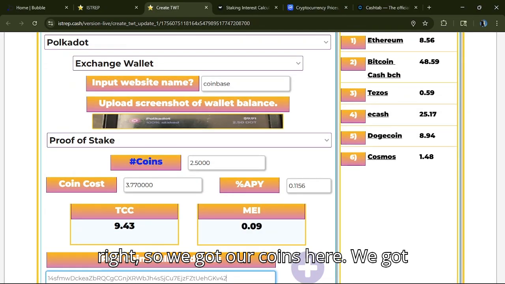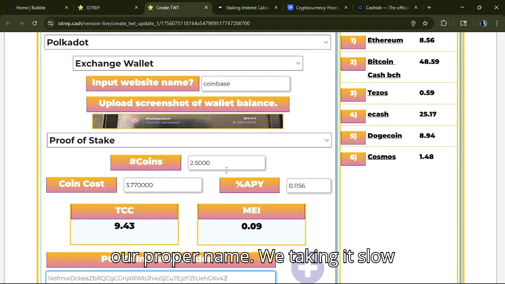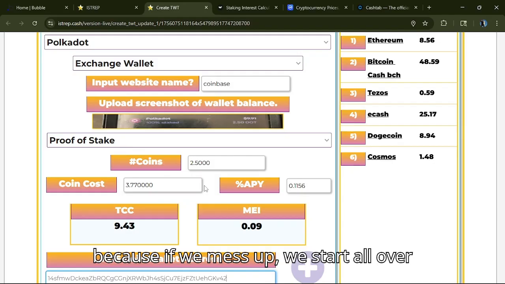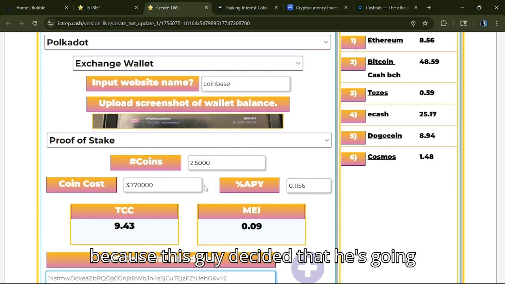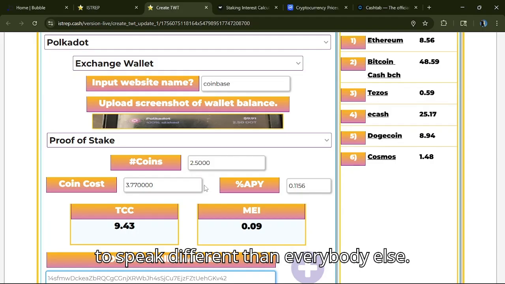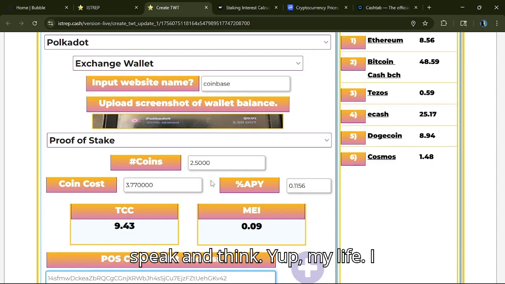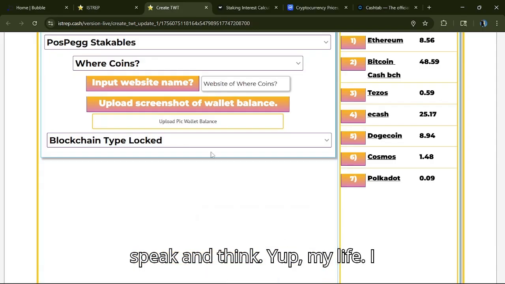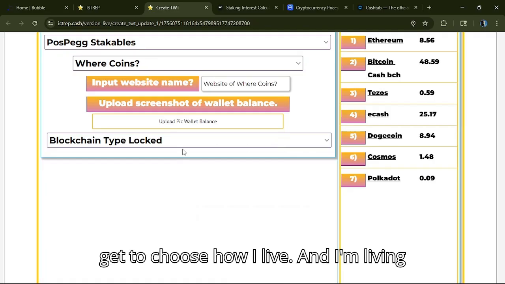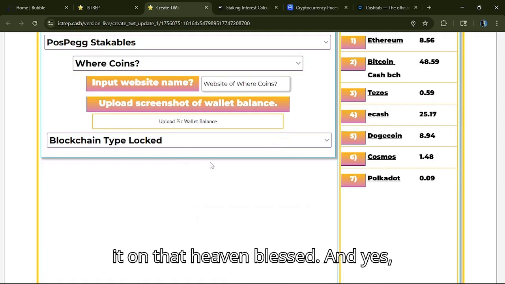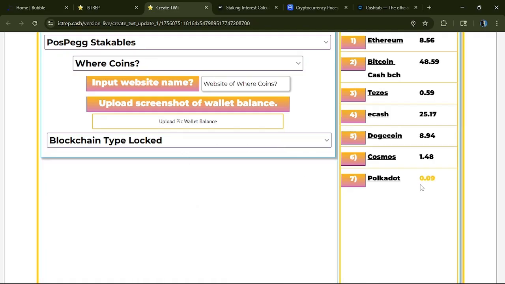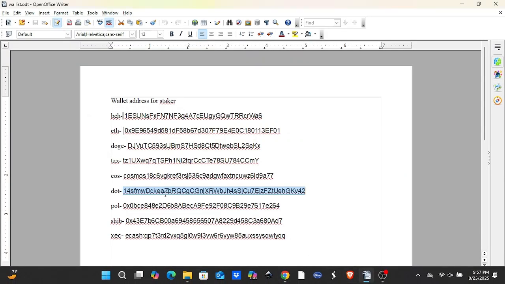All right, so we got our coins here. We got our proper name. We're taking it slow because if we mess up, we start all over, because this guy decided that he's going to speak different than everybody else. And if you like to work with him, you got to speak and think the way he likes to speak and think. Yup, my life, I get to choose how I live it. And I'm living it on that heaven, bless, and yes. Our list,